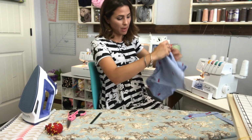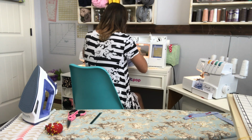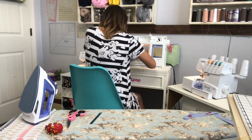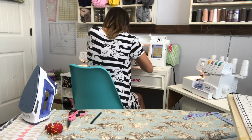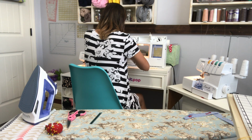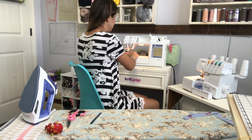But now we're gonna go back right here where I have that casing opening, and I'm going to close it shut. So you just kind of stretch it out and close it shut. And we're almost done